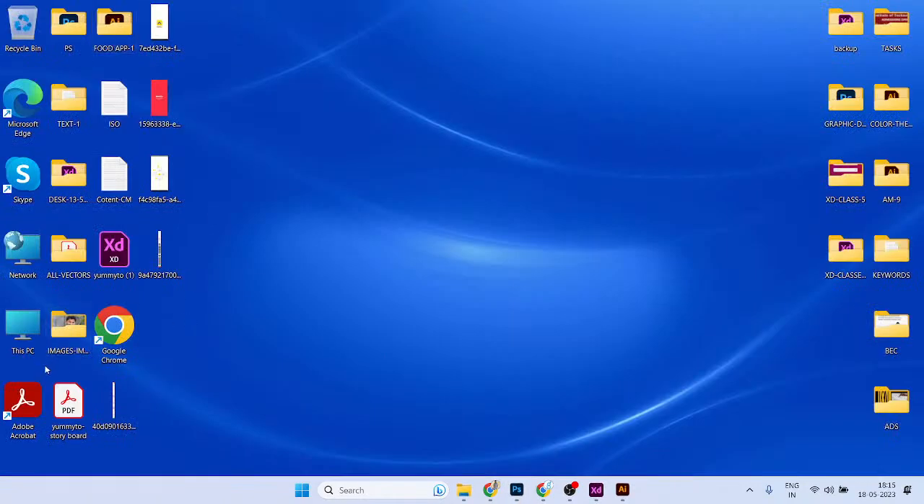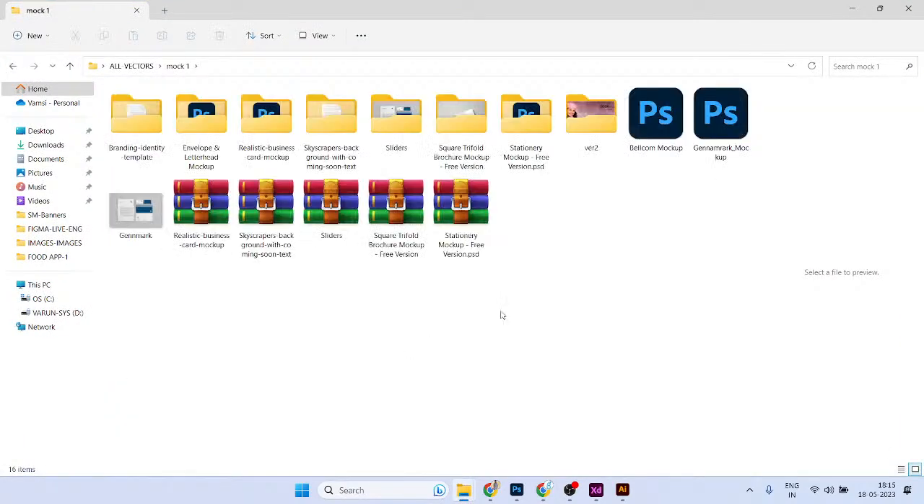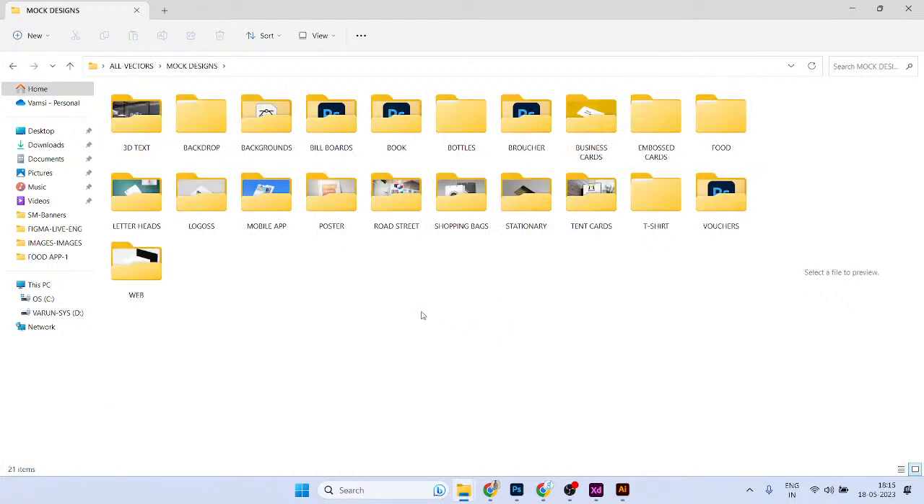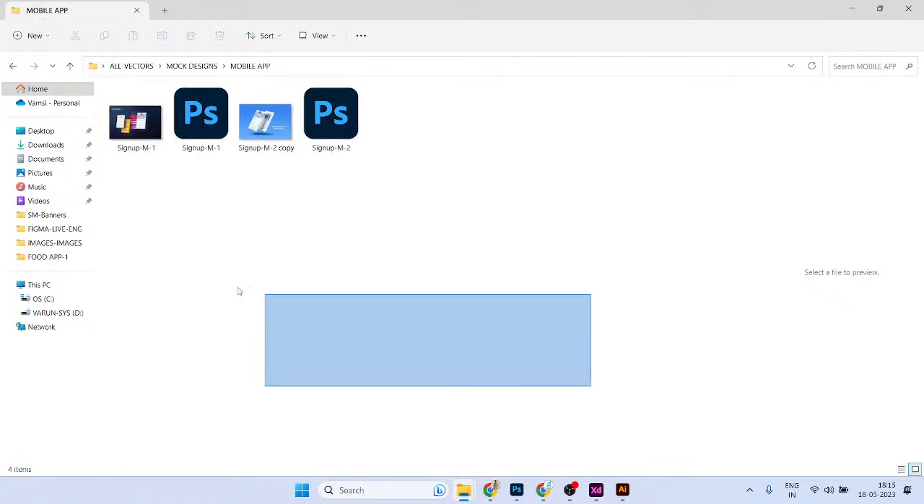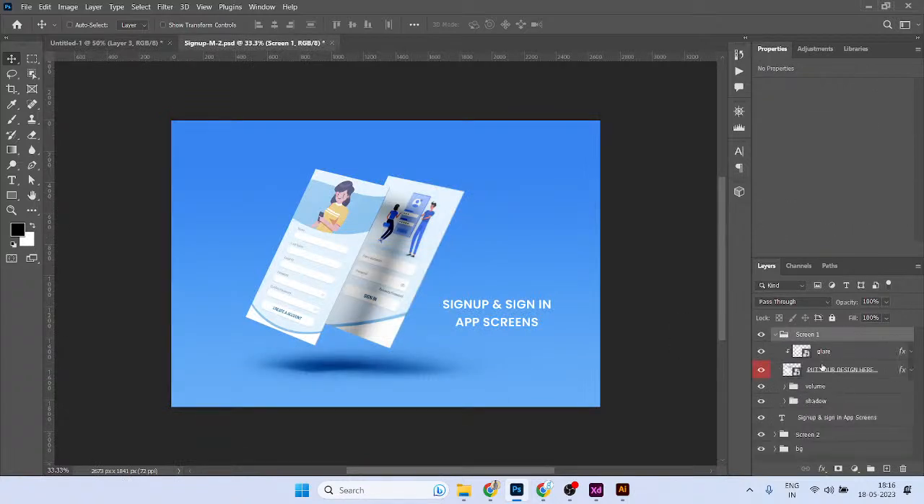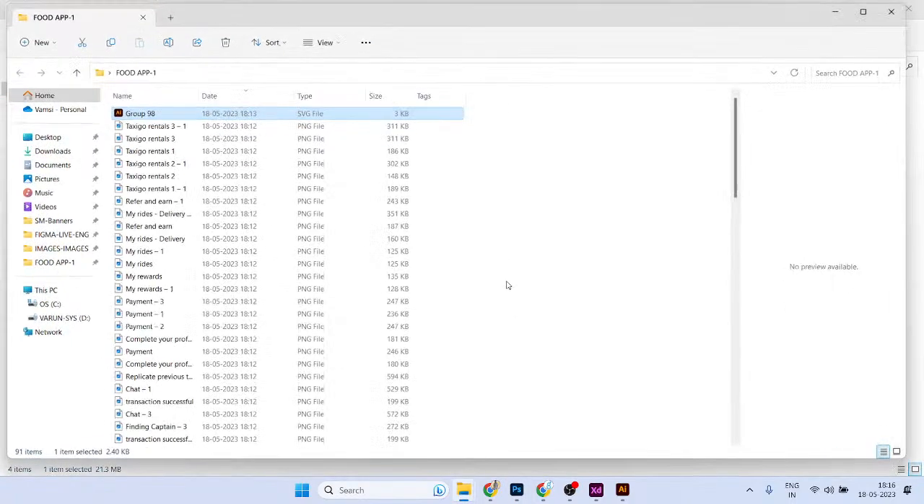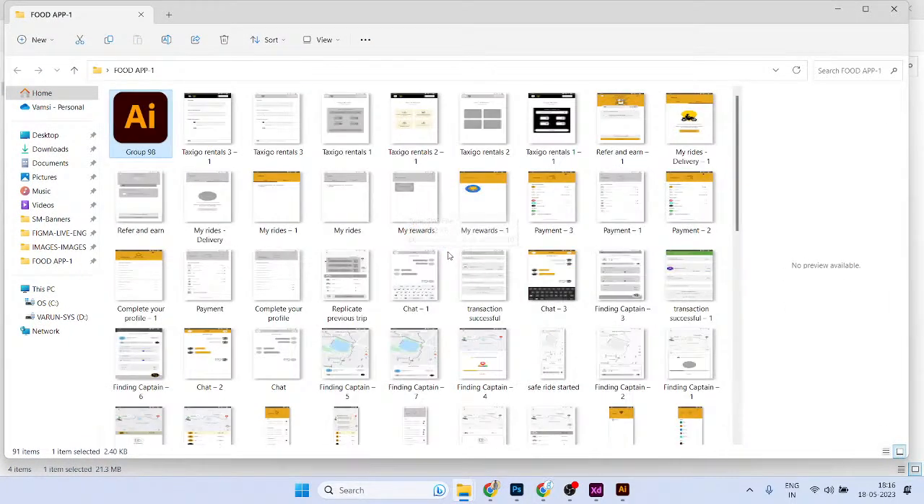There is the mock design, guys. Here we have so many mocks here, and come to the mock design. Mobile app. You can take this one, so select this one and make it the size. Select this one and go to the, put our design here and come to the screens, select this one and make it the,